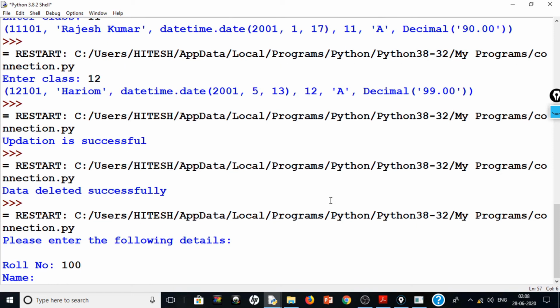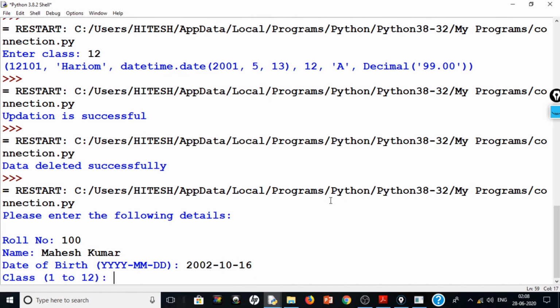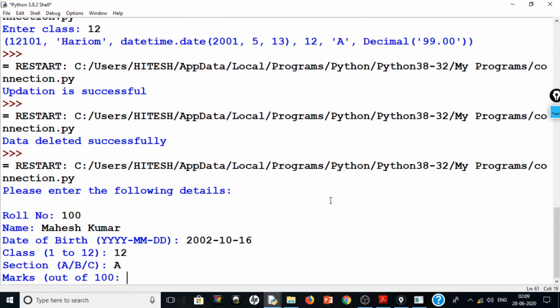Name, Mahesh Kumar. Date of birth, date of birth should be a string and it should be in YYYY-MM-DD format, so we will write 2002 dash 10 dash 10, right? Class, let me take class 12. Section, suppose section is A, and marks suppose is 90.